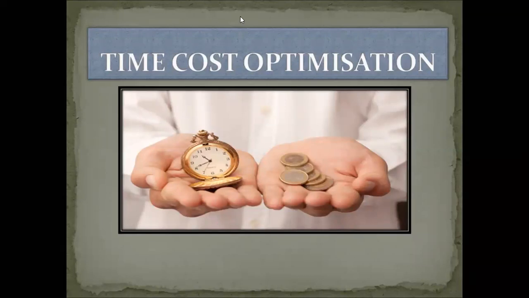That means finding out the critical activities, which are the critical activities and which are the non-critical activities. So whatever the activities coming on the critical path, these are called critical activities, and those on the non-critical path are called non-critical activities. So simple as that. Then we have to make the relation between time and cost with that project.